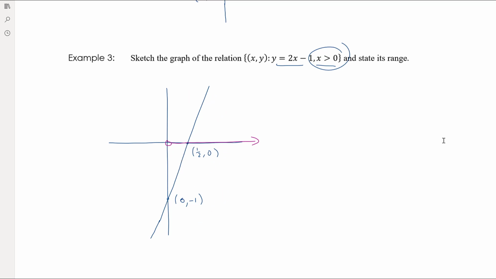Okay, so therefore, sorry, let me just get rid of that. We don't want this bit back here. We only want, oh, sorry. Having trouble negotiating my eraser. We only want the graph to start at the y-intercept, but that point's not included. So on our graph, we're going to indicate that with an open circle. Doesn't include that point 0, -1. It's still important to mark that point because that's still an endpoint because the line exists all the way up to that point,